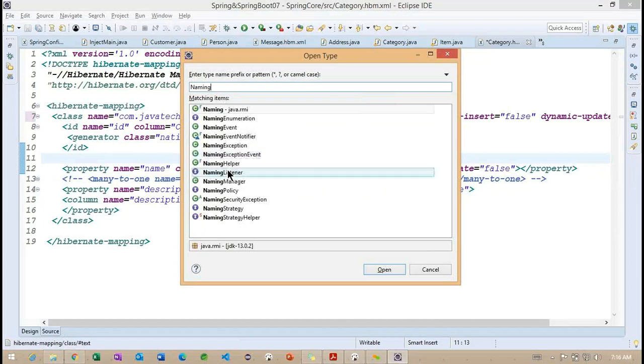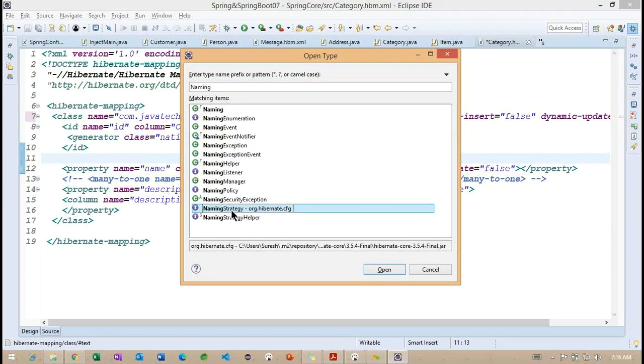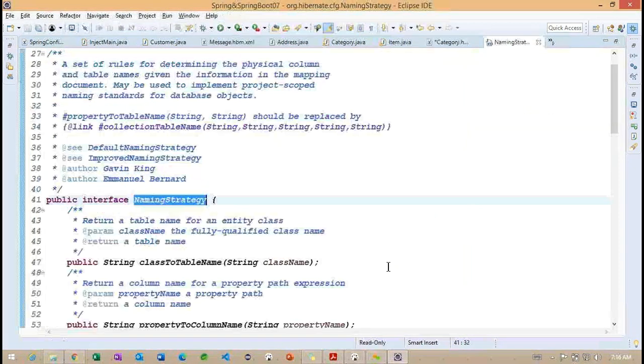Naming strategy. Using this naming strategy interface, we can implement this interface and provide what naming convention we want to create for the table name and column name.